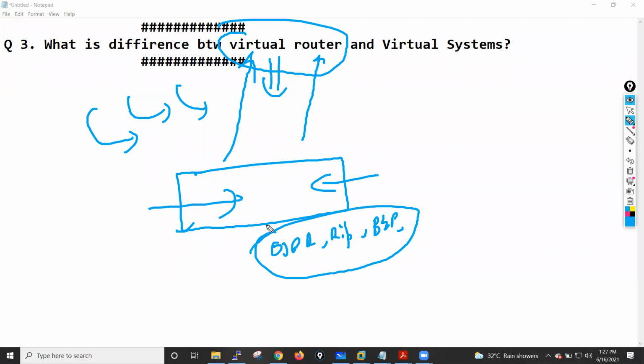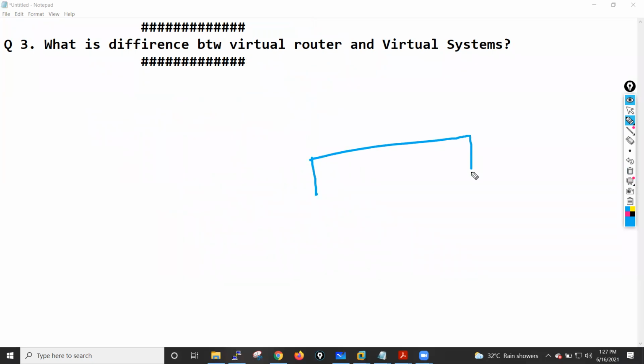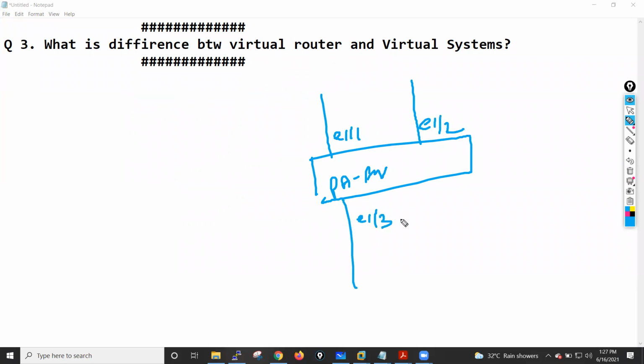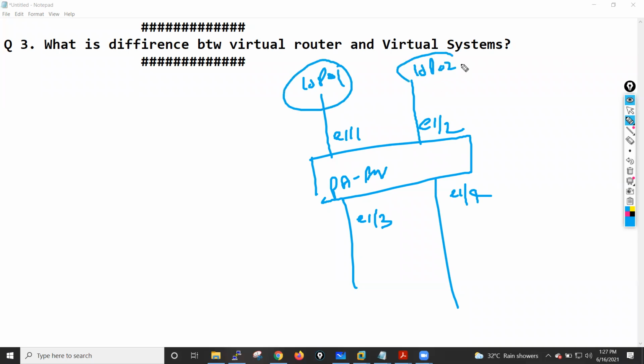These kinds of routing protocols you can configure in this virtual router. Let's suppose you have a setup with your Palo Alto firewall, with interfaces Ethernet 1/1, Ethernet 1/2, Ethernet 1/3, and Ethernet 1/4. Let's suppose this interface has connectivity with ISP1 and this interface has connectivity with ISP2.